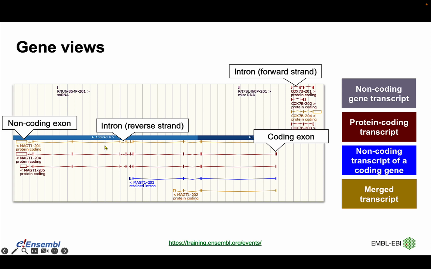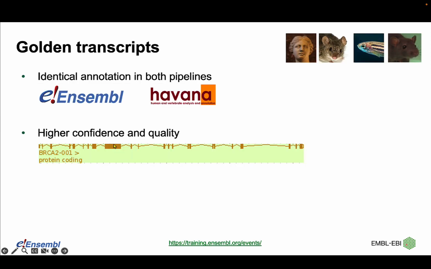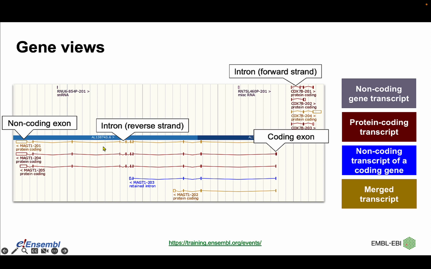intronic regions. If you look closely, you will notice that this line is kind of V-shaped or valley-shaped, and that just tells you the direction of the transcript. So on which strand the transcript is located on. So if it's a V shape or a valley shape, it means the transcript is located on the reverse strand. If it's A-shaped or hill-shaped, like this transcript up here, this means that the transcript is located on the forward